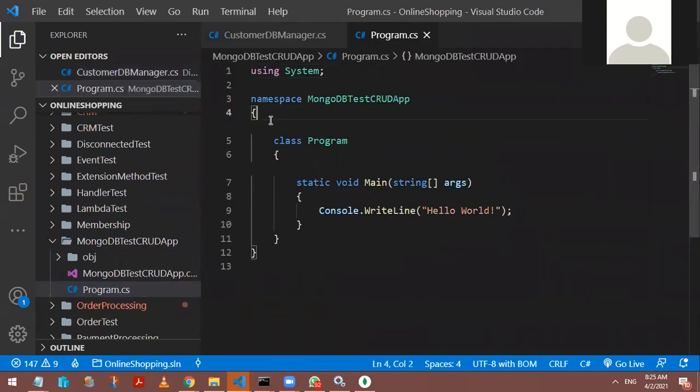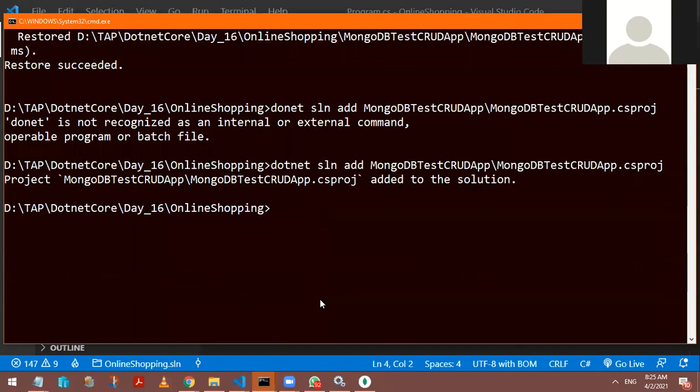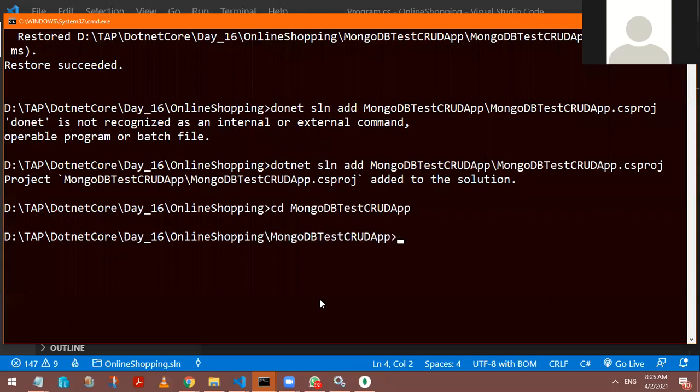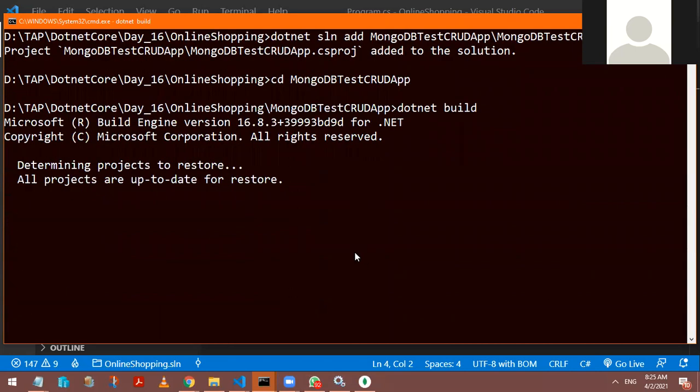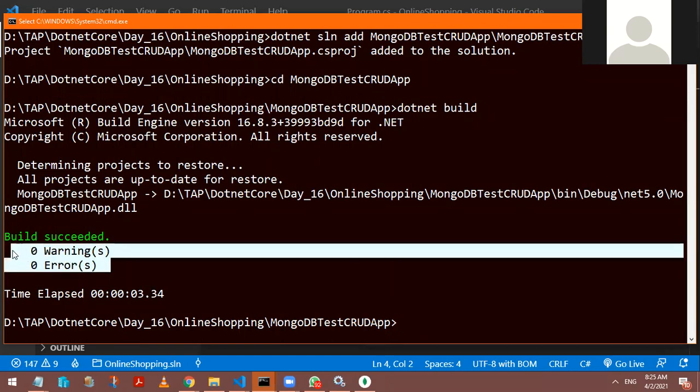Just from a testing point of view, let me go back and try to run it. cd into the MongoDB CRUD test folder. Let me run dotnet build to build your project. Okay, build succeeded with zero warnings. Always a good practice, my dear friend: when you're working on an application, you should have zero errors and zero warnings.